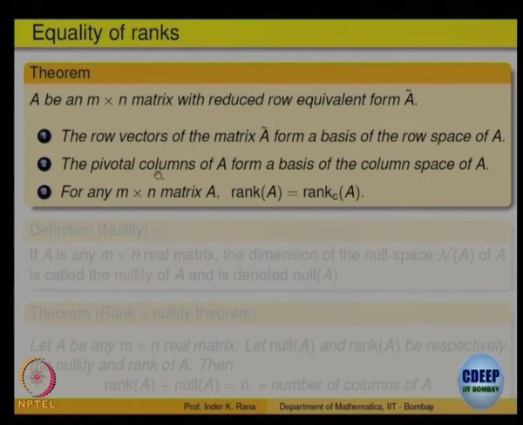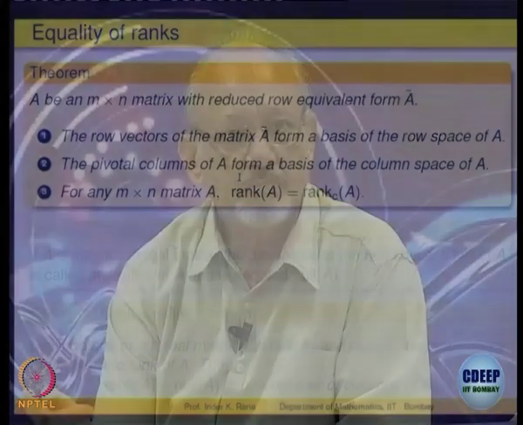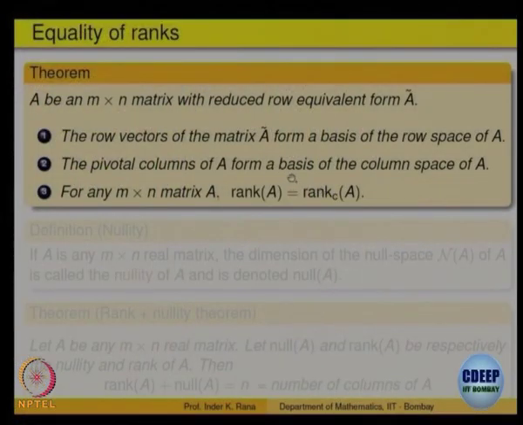And similarly if I look at the pivotal columns of A, so what are the pivotal columns of A? You take the matrix A, bring it to row equivalent form, you see where the pivots are coming, right. So mark down P1 the first pivotal column, P2 the second pivotal column. So look at the original columns of the matrix, the P1th column, P2th column and Prth column, then they are also independent, because independence is not going to change, right. So they are independent and span the column space. So that is the second observation, okay. They form a basis of the column space of A.